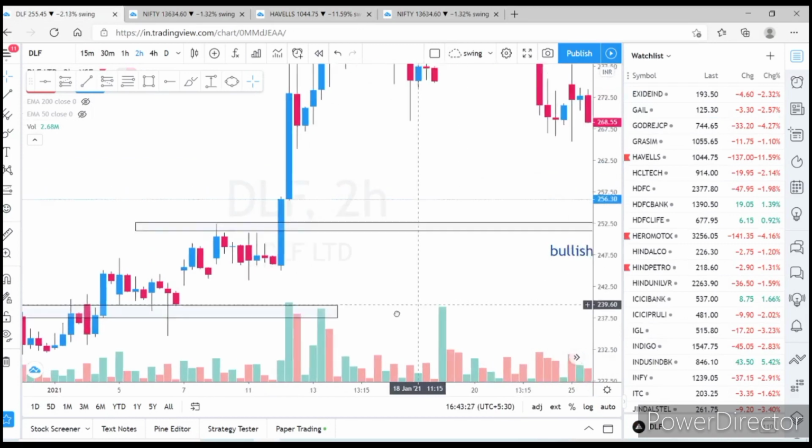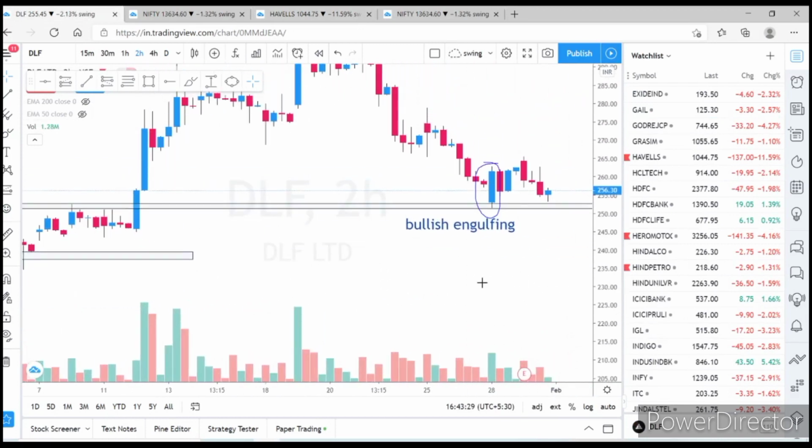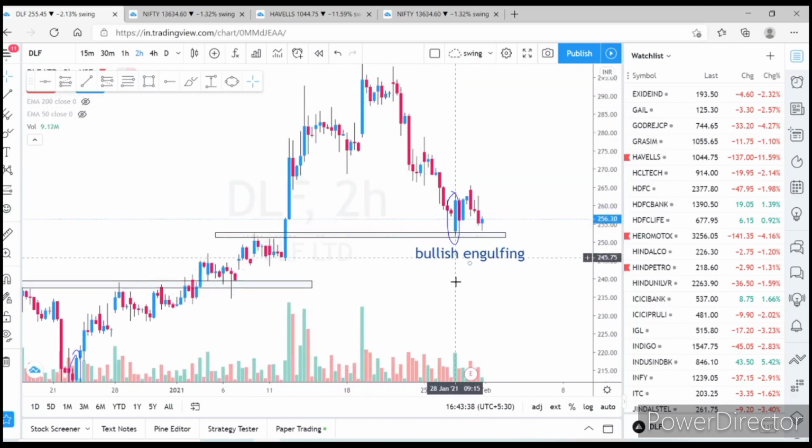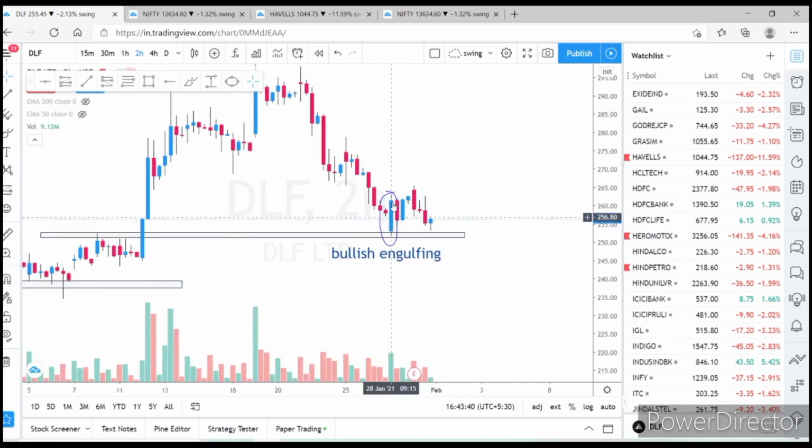Right now, again, this was the previous resistance that DLF made. Once this resistance was broken, the market again came back and made a bullish engulfing pattern here. This bullish candle completely covers this red candle, but I did not take a trade here considering the market condition,